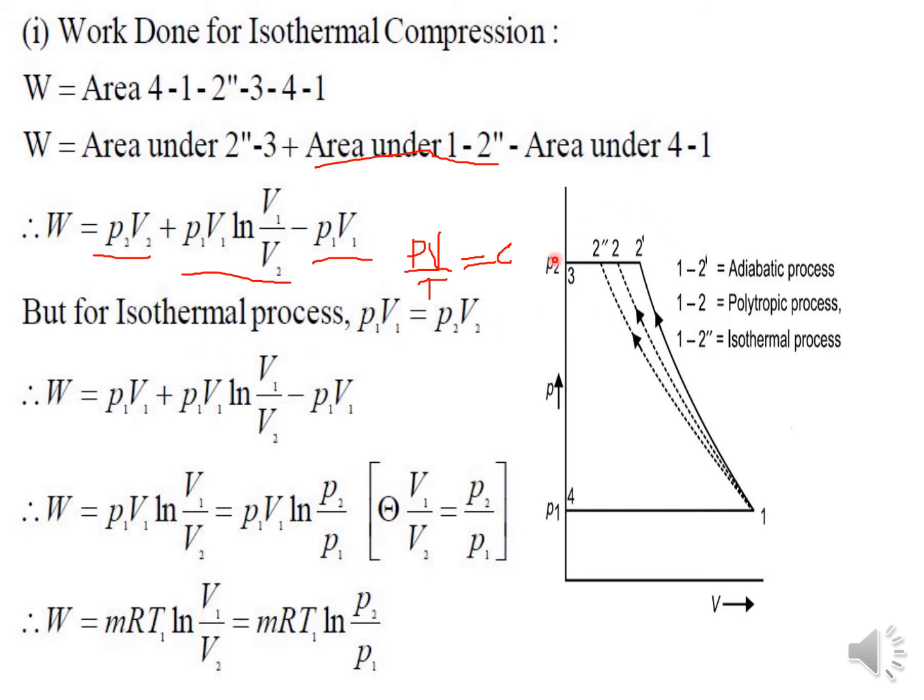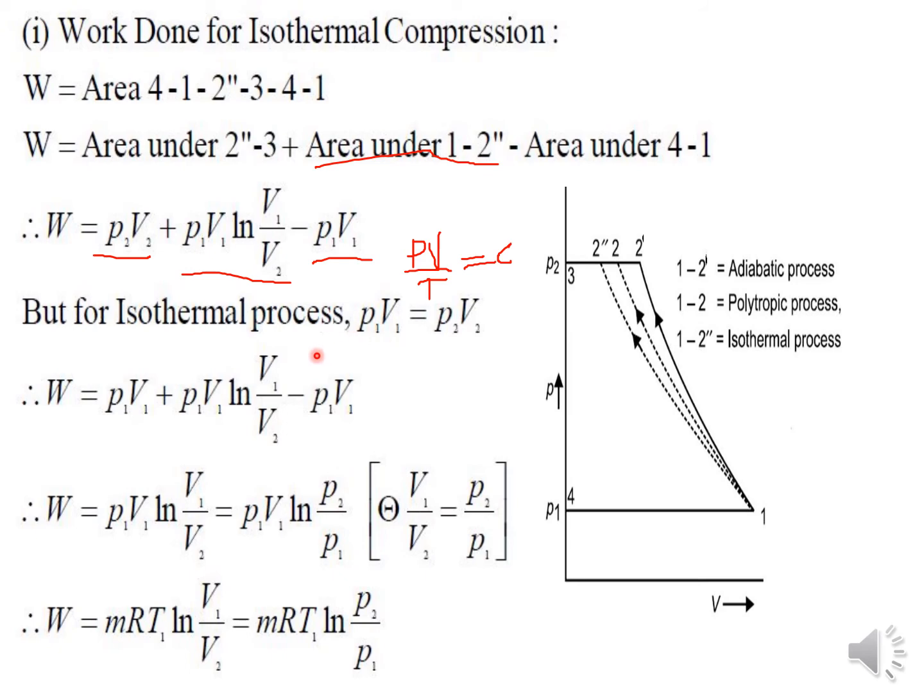For combination diagrams, here he has taken like this. If in the exam isothermal condition is used, you just draw the straight line like this, and you can write 1 to 2. There is no need to write 2 double dash. For our understanding, since 3 processes are there, we have denoted as 2 double dash, 2 and 2 dash.